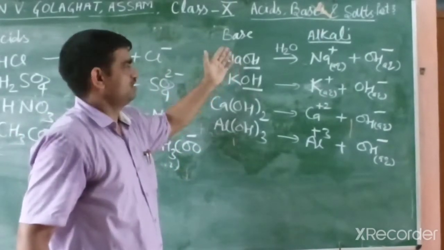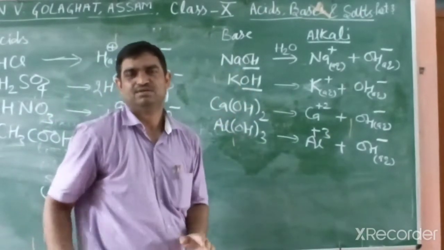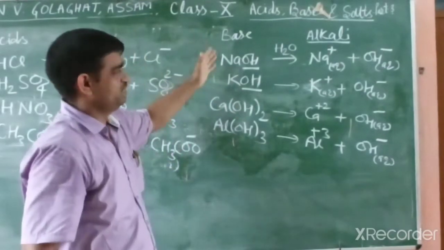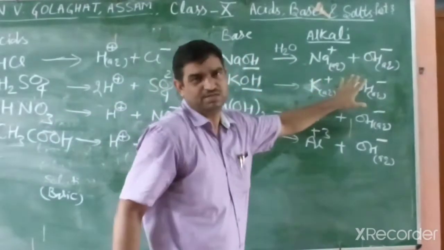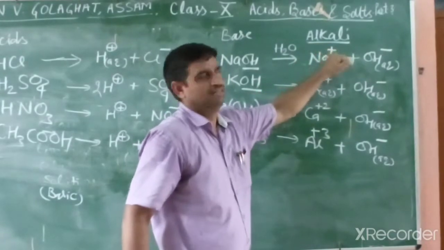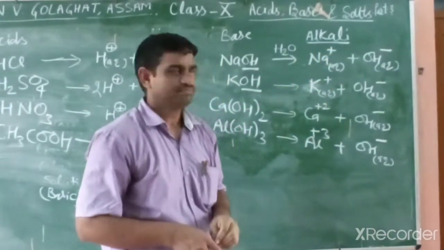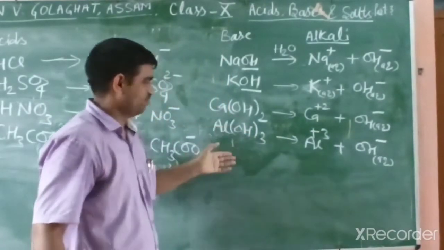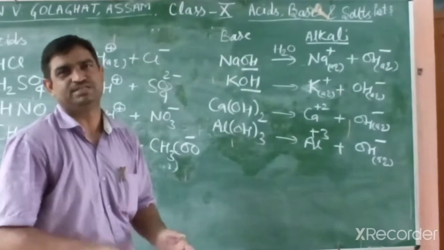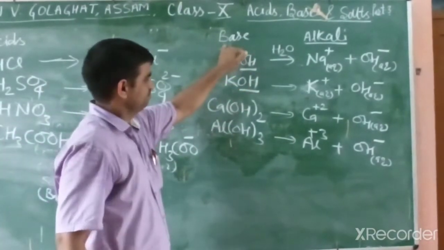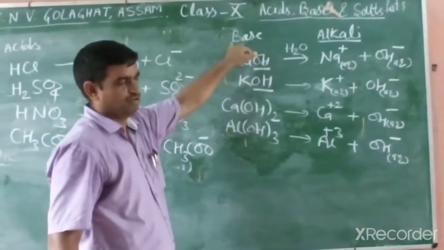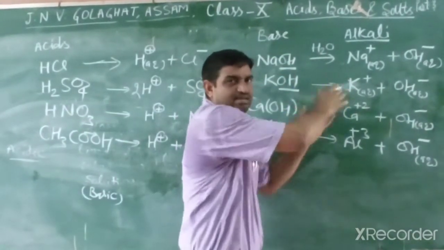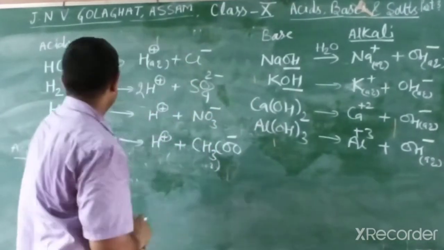Bases are those substances that have hydroxyl ions, but not all bases dissolve in water. Those bases that dissolve in water and produce hydroxyl ions are known as alkali. So all alkalis provide hydroxyl ions when dissolved in water, but bases do not necessarily do so. Base and alkali are different. When a base dissolves in water, that is an alkaline solution, an alkali solution.